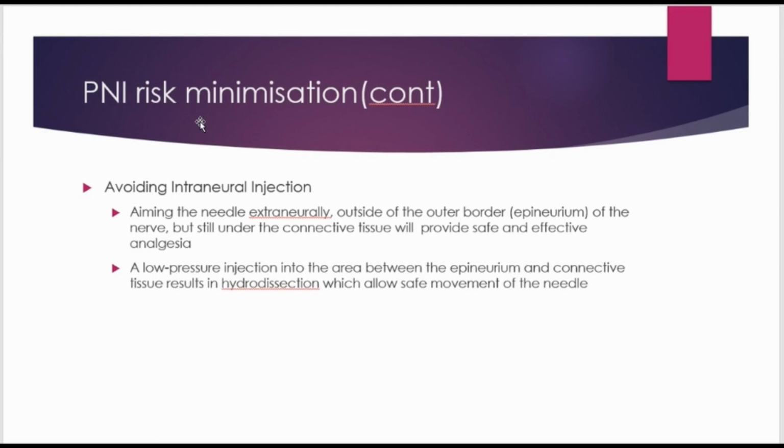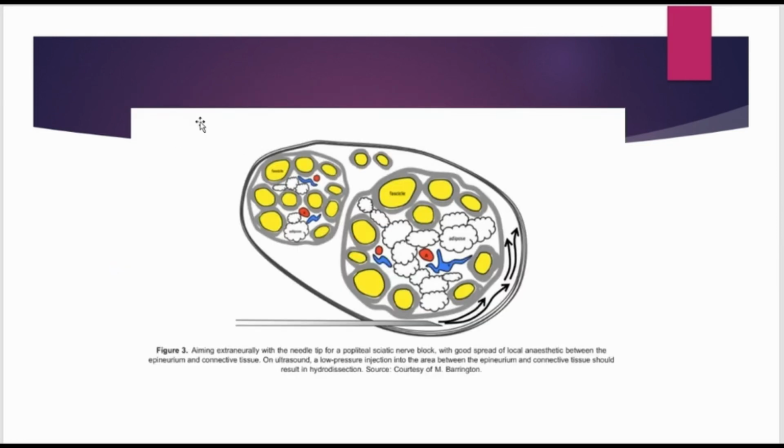Avoiding intraneural injection, aiming the needle extraneurally outside the outer border, the epineurium of the nerve, but still under the connective tissue, will provide safe and effective anesthesia. A low pressure injected into the area between the epineurium and connective tissue results in hydrodissection, which allows safe movement of the needle. As we can see here, usage of the hydrodissection